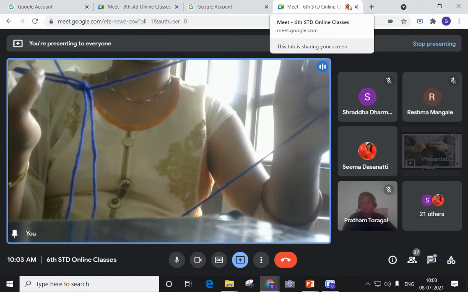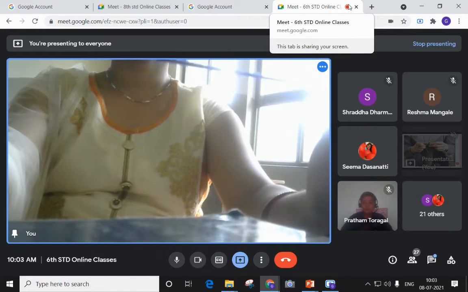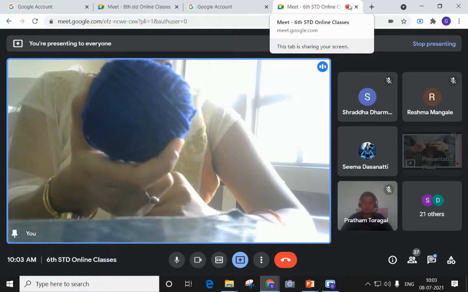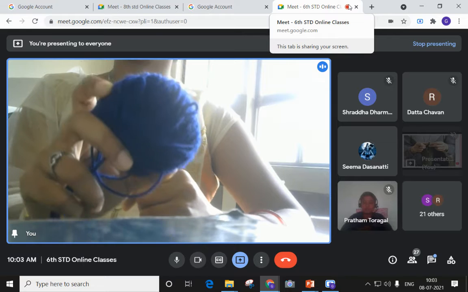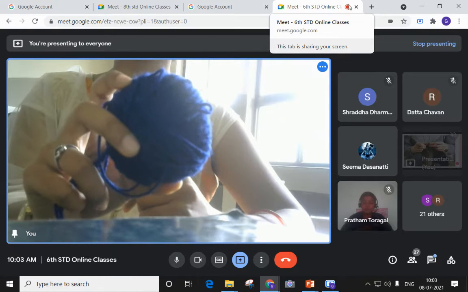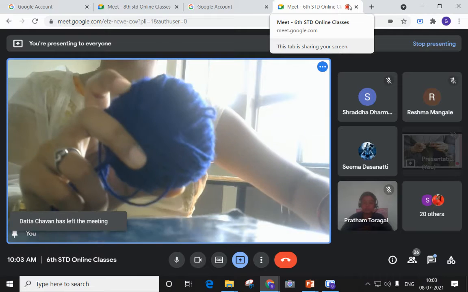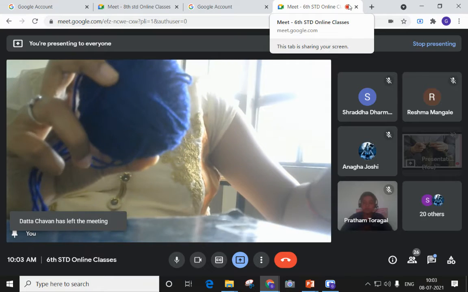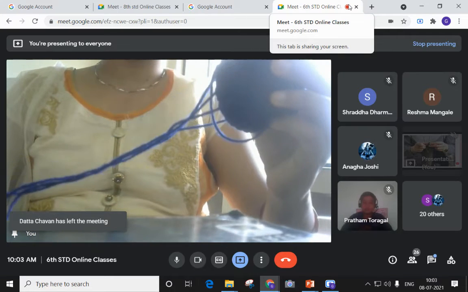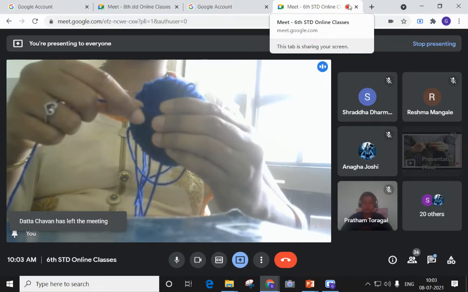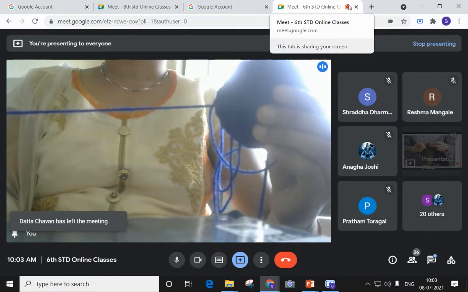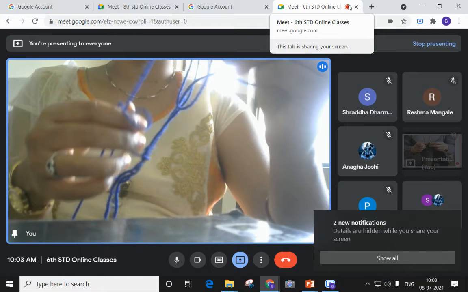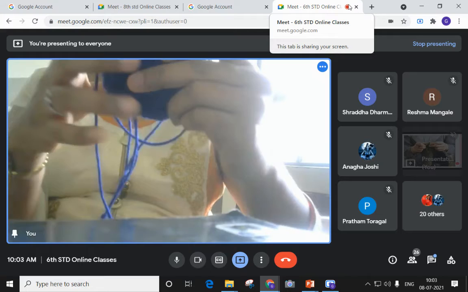Is this an animal fiber or a plant fiber? Who will answer this? Already we have studied about this. This is animal fiber. Very good. Today we will do one activity with the help of this wool. Which activity is it?